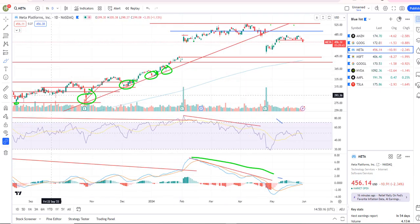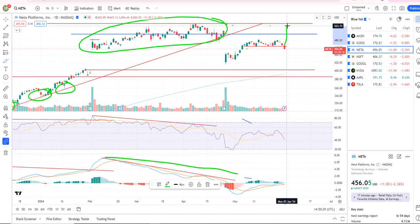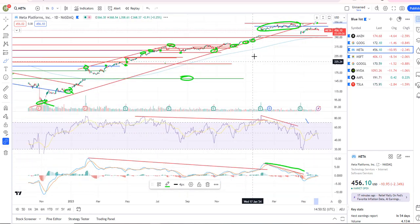Meta, this one again has this island cluster top pattern. I talked about it for quite a while, and in general, it remains. So that is an island cluster top, which means it is the top, typically. Now, if we continue to trade up and go through there, that would negate that as the top. But that hasn't happened, so until that happens, I'm treating this as the top, which means a daily close above the highs, 531-ish, right in there, would negate that, and that would be where I'd stop out. Otherwise, I think we got a lot of downside here on